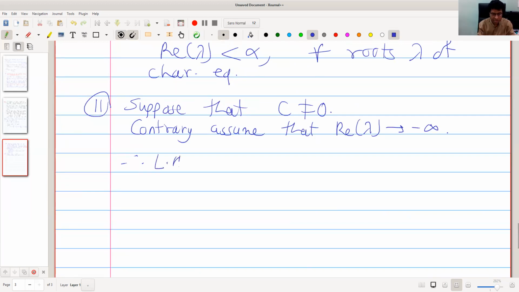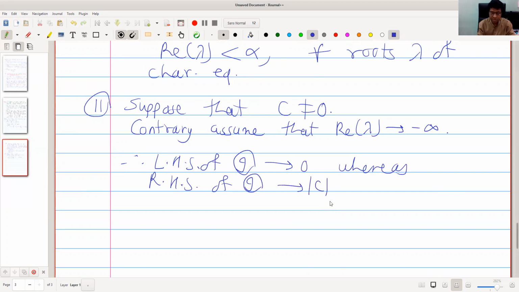The left hand side of 9 tends to 0, whereas the right hand side of 9 tends to mod c. Okay, contradiction, because c is non-zero. Therefore our assumption is wrong, and there exists beta, a finite number, it may be negative, such that